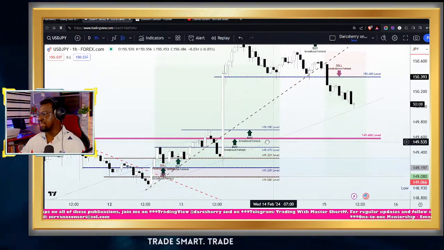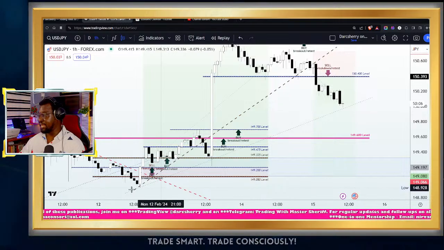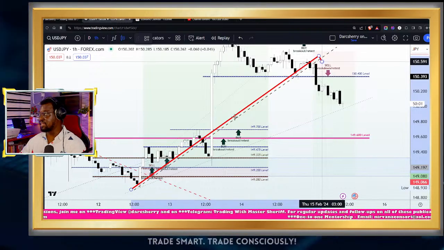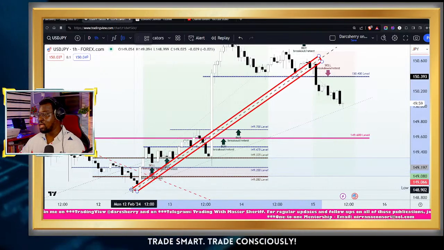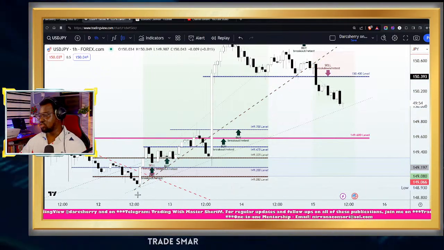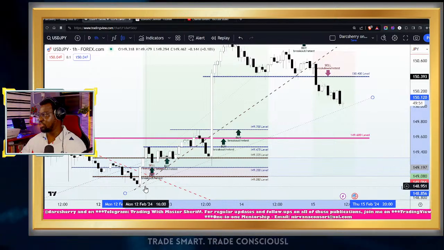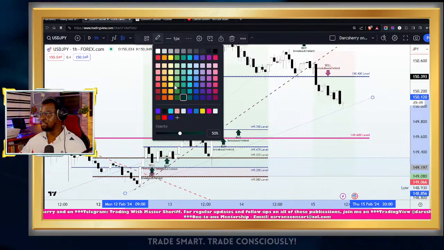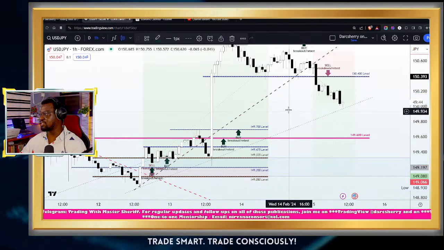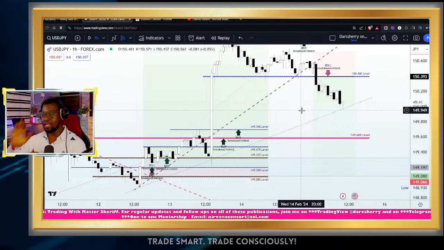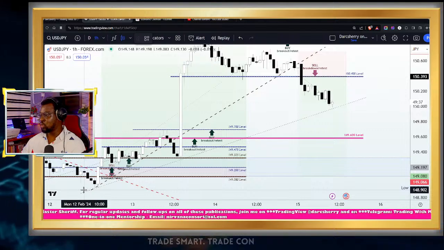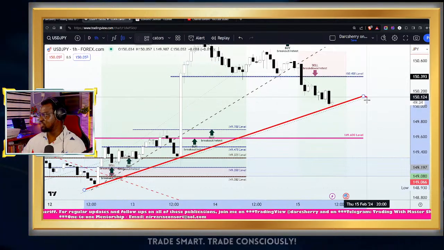Now, we had this ascending trend line at the beginning of the week, which was actually supporting our bullish idea. But since this ascending trend line has been broken, we have a new one that we will definitely be using to guide our decisions going forward. And this is this one right here, which I have depicted in a lighter color. So let me just thicken the color a little bit so we can see things clearly. I hope you can see my screen clearly. So we have a new ascending trend line which we will be using to guide our trading decisions for today.